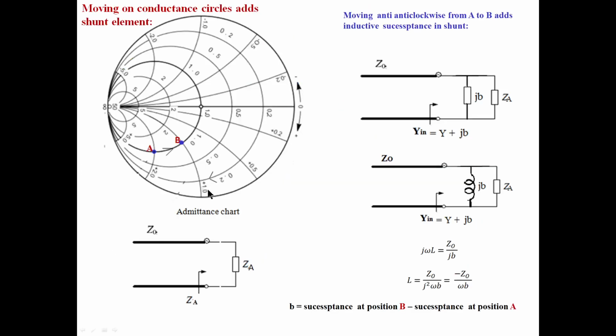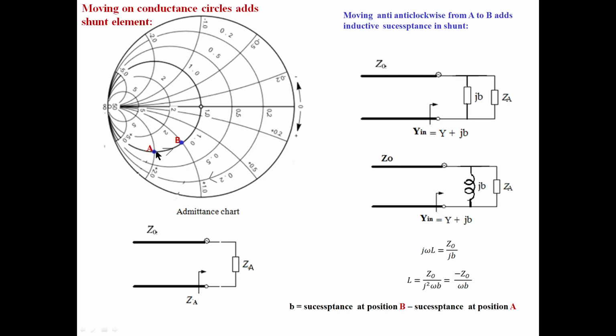Okay, like that. Here also you should not confuse, should not take only the magnitude, should consider the sign of the susceptance also. This is plus, this is plus 2, you should take, and take 1, you will be getting a value of B, that you substitute here, you will be getting the value of inductor here. Okay, that is moving on the conductance circle in the anti-clockwise direction. We are moving in the anti-clockwise direction, that adds the inductor. You should not forget these things.